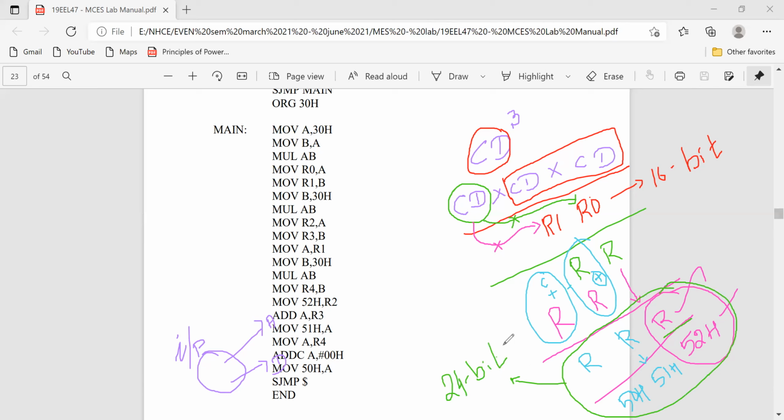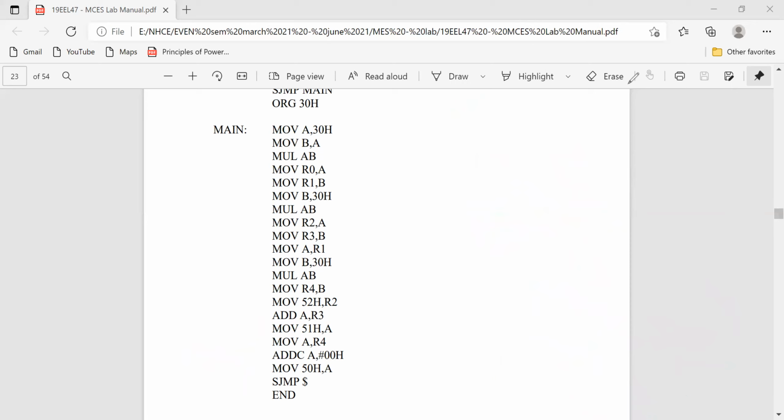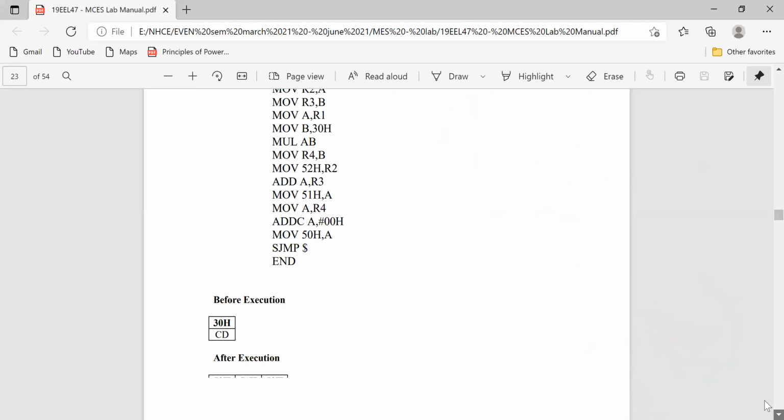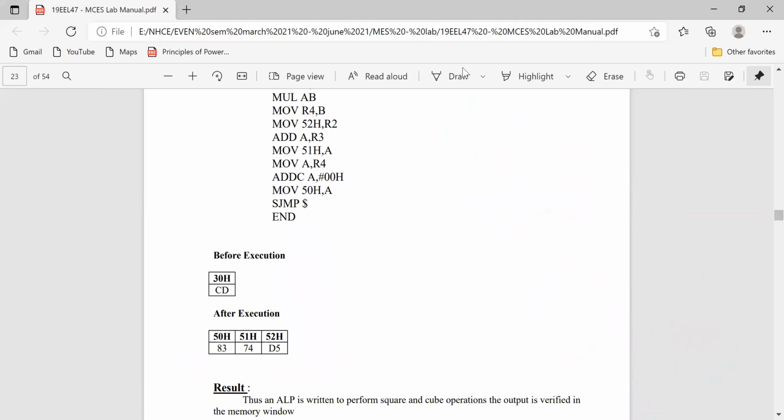If you are cubing any data, then the result is 24-bit data. This is the operation taking place in this particular program. I will explain one by one how the data moves. You can see the output result is 24-bit, 8-bit, 8-bit, 8-bit.